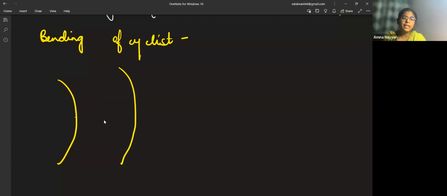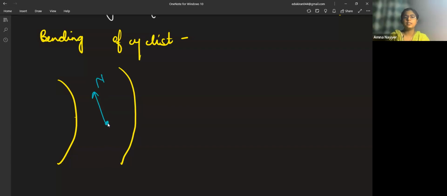While bending, the cyclist is actually tilted. When the cyclist was upright, the normal reaction was like this. When the road was straight, it was vertical, but as soon as the road bent and the cyclist turned, the normal reaction will also turn. This is just the difference that occurs. The rest of the things are the same.